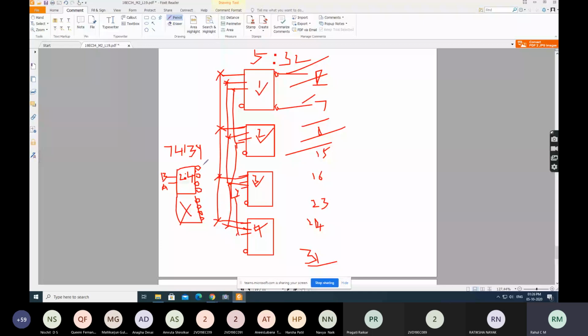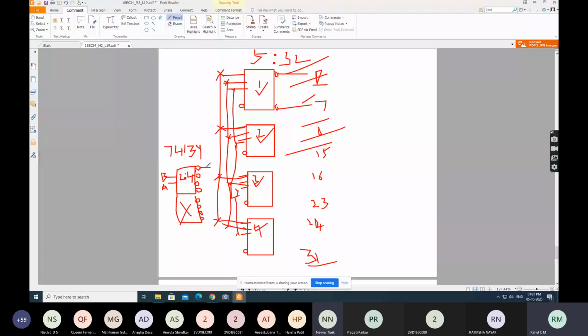There are 4 pins here, correct? In the first 2:4 decoder, there are four output pins which are active low pins. Now, when A and B are 0, 0, what will be the condition? Who will be activated among these 4? The first one. When this pin is selected, when AB is 0, 0, what will be the output from this pin?